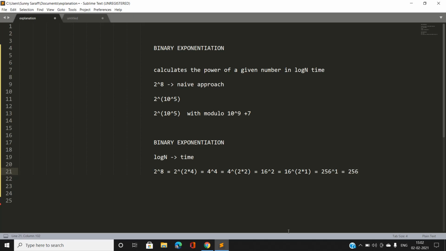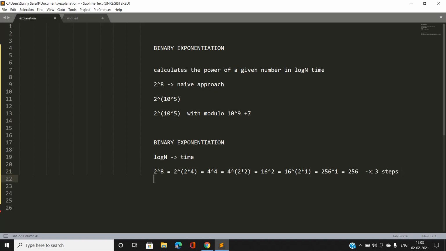Binary exponentiation plays a very important role in calculating power in log of n time. You can see how many steps we needed to calculate 2 power 8: first step, second step, and third step. So to calculate 2 power 8 using binary exponentiation, it requires 3 steps.